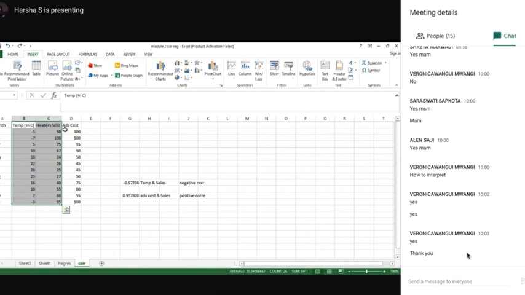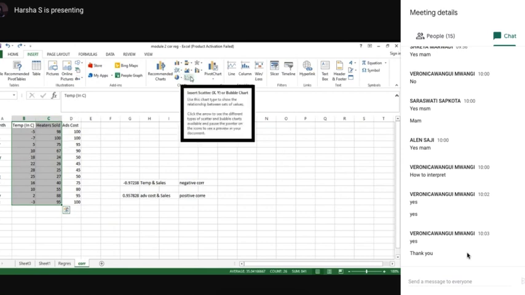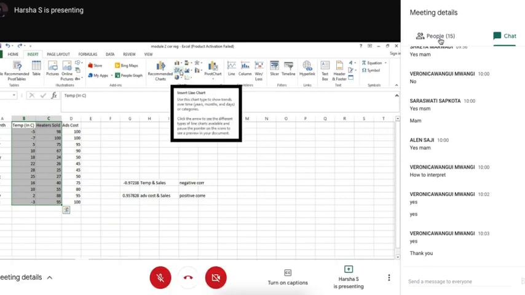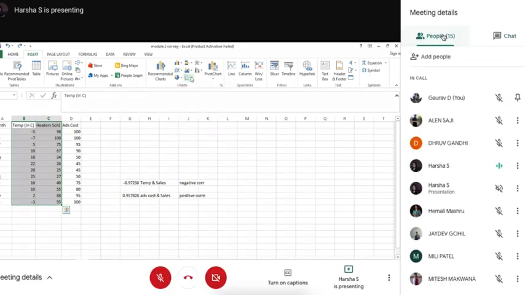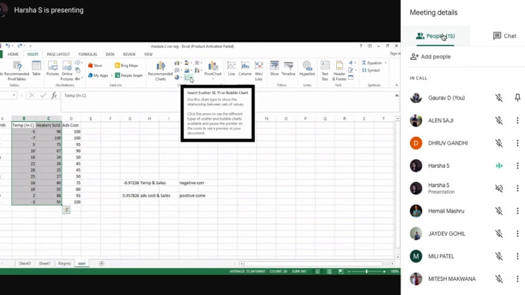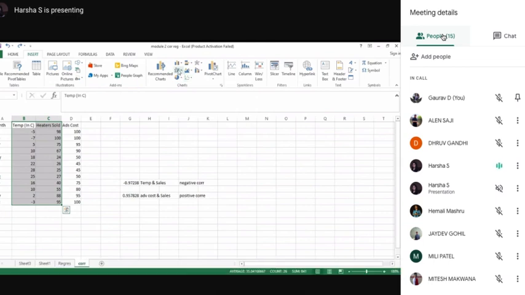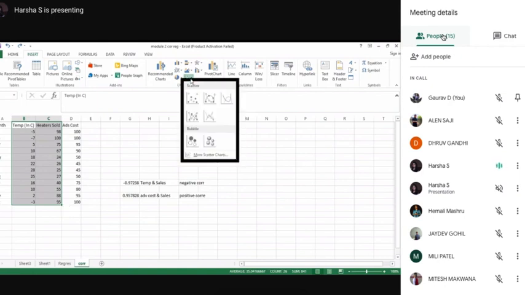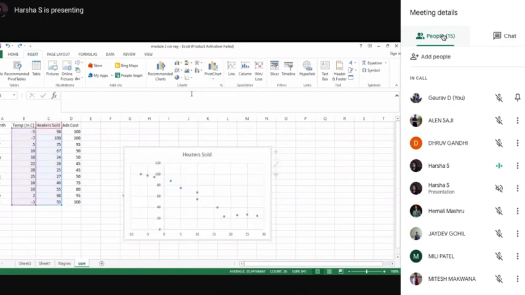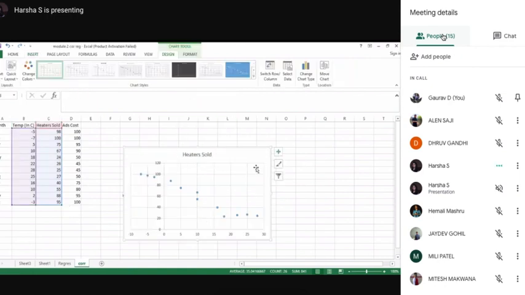The graph which we use for showing correlation, we call it a scatter diagram, or you call it a line diagram. Ideally, when you are studying, in all the reference books they use the word scatter diagram, but in Excel we have the option of line as well. See here. But as it is a basic scatter, click here and get the scatter diagram. Then you have the graph.